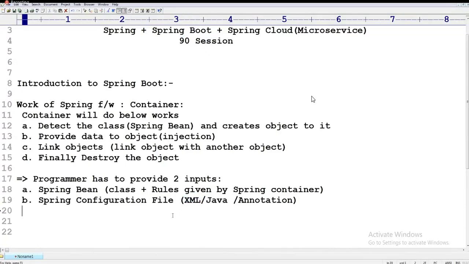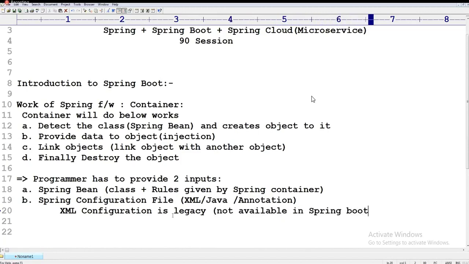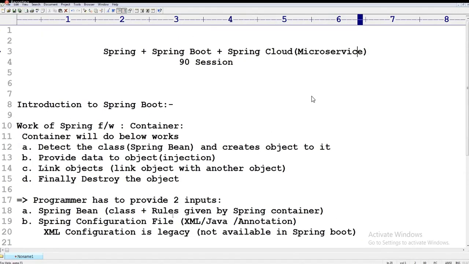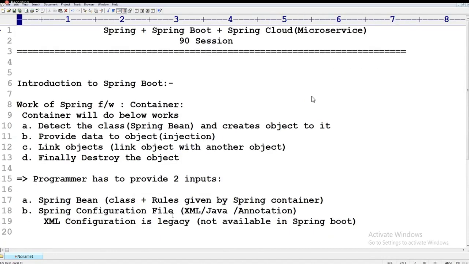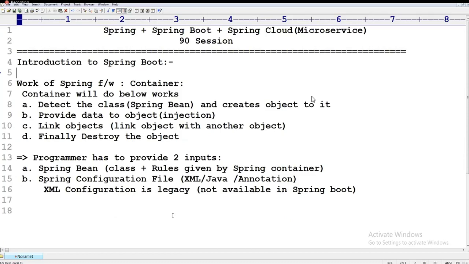XML is a legacy configuration, only available in Spring, not in Spring Boot. We'll see why and how it is handled. Observe carefully. So that is the introduction to the Spring container.